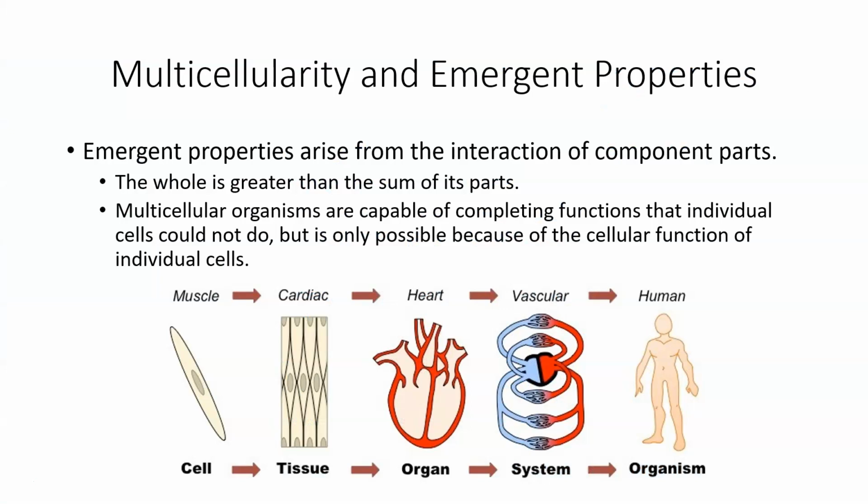Before we talk about stem cell use and stem cell differentiation, we need to talk about this idea of emergent properties. Emergent properties are all about properties that emerge as the result of the sum totality of the individual components. And what I mean by that is the whole is greater than any single component, or the whole organism is more complex. The whole organism can perform more complex functioning